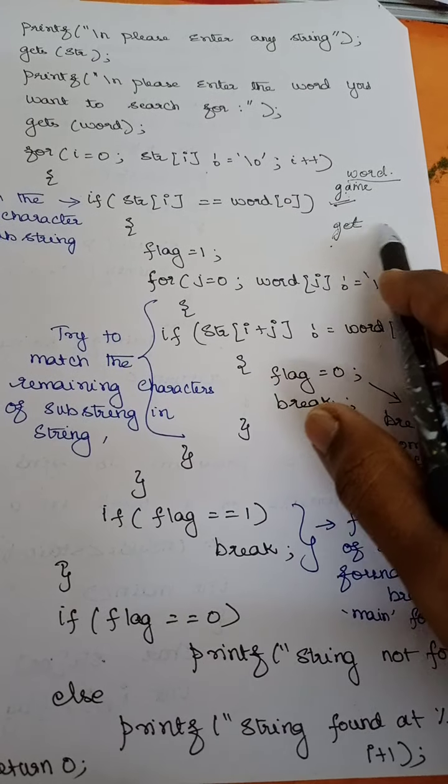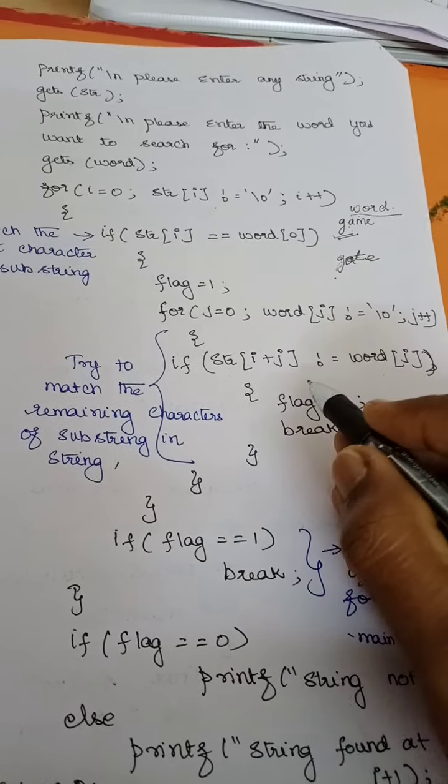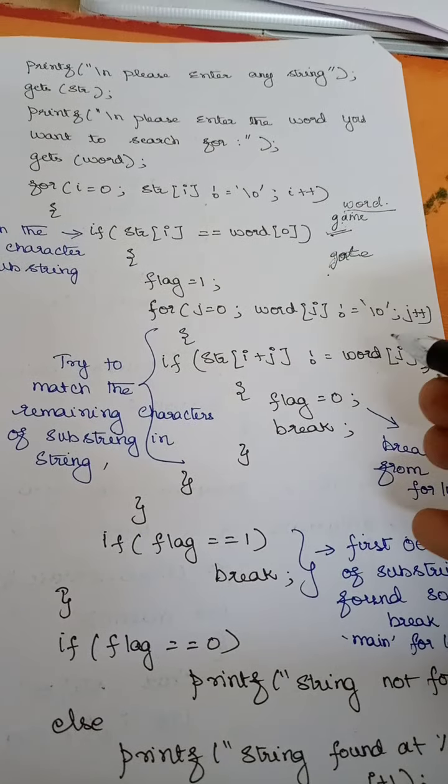Because it is of no use, I can go to this for loop and do the same checking operation. So I will break and move on to the original for loop. Clear? Suppose the next character matches, for example if I have "gate", here the second character matches, but when you take the third character, here it is M, here it is T, so again it is not matching, it will come out, right?